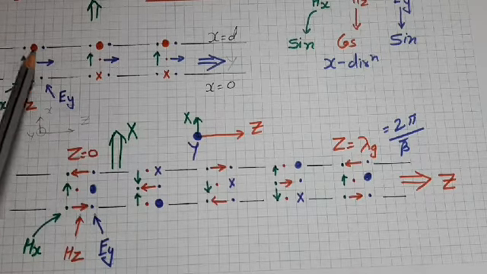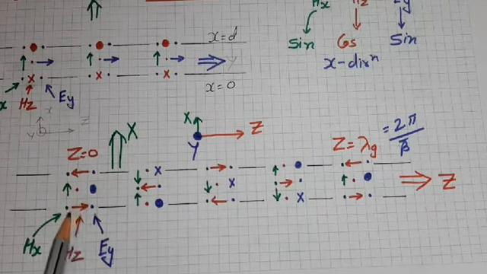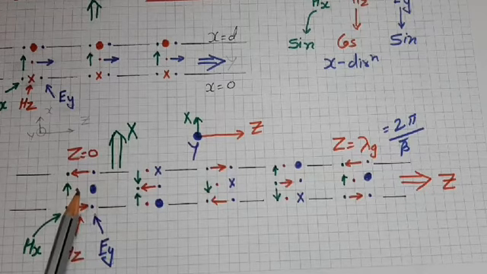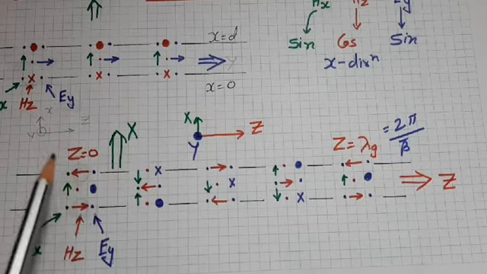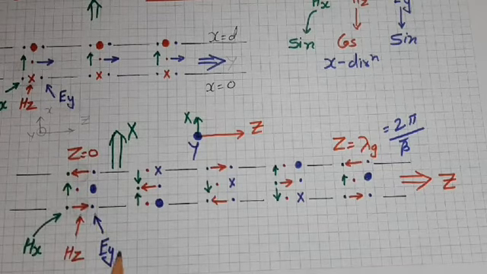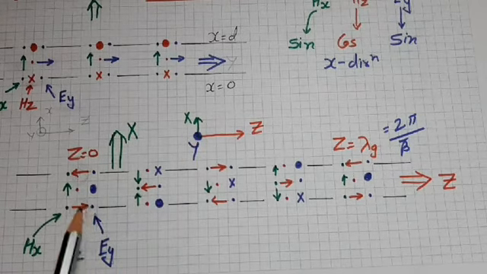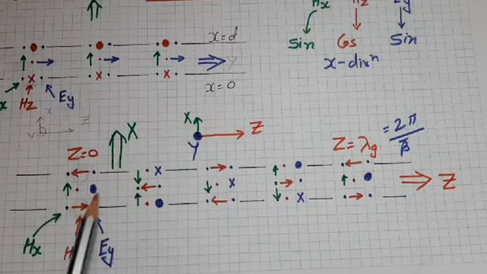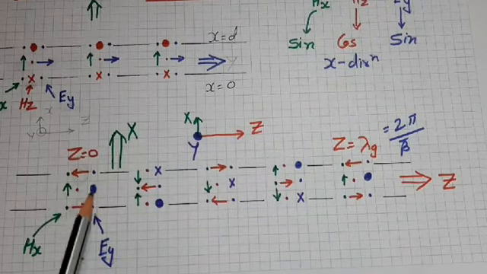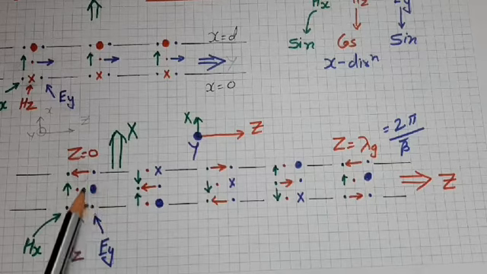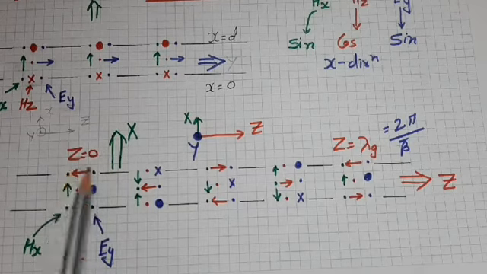Because Hz has cosine variation, it would be positive max for the first plane, so it can be represented by an arrow in the right side. Then it becomes 0, then it becomes negative max, so it can be represented by an arrow in the left side. Similarly, Ey plot would also be changed because now y direction is out from the paper, that's why Ey field can be represented by dot or cross. Because Ey has sine variation, it would be 0 on the boundaries and positive max in the mid of the boundary. So it can be represented by 0, thick dot and then again 0. So this is the variation of fields at z is equal to 0.